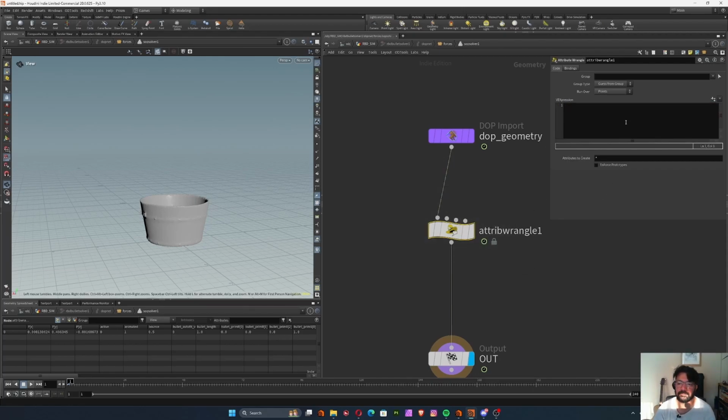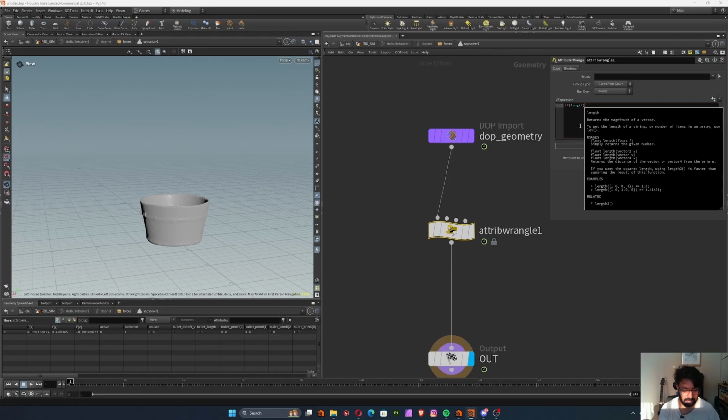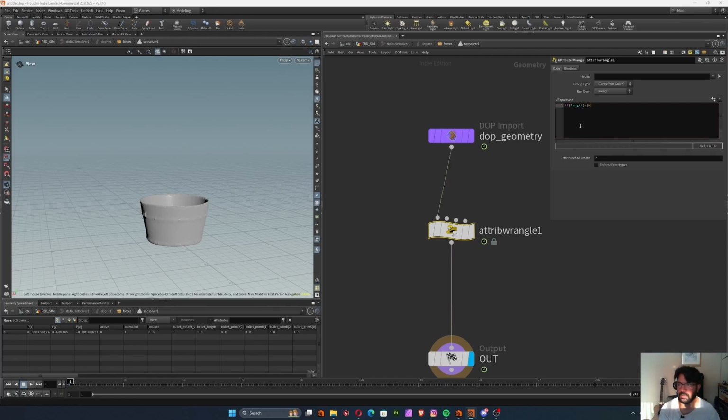So this is run over points, and the first if statement we're going to make is we're going to calculate the speed. So if the length of v at v, so vector at v, is less than, I'm going to just put a value for now, I'm going to check this in a bit, less than 0.16, then I want it to apply. So if this condition is met, if the length of the vector is less than 0.16,